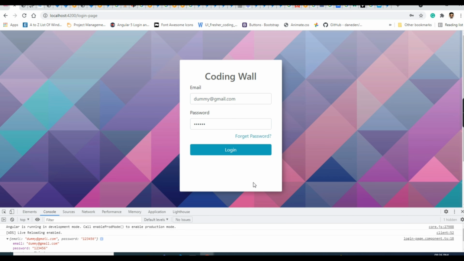So in this way we can design template driven forms, and in the upcoming video I will show you how to give validations like on touch. If I click here and if I click outside, it will show ng dirty, ng pristine. There are a few methods which will capture the actions of the user on each and every input. So I will show that in the next upcoming video.